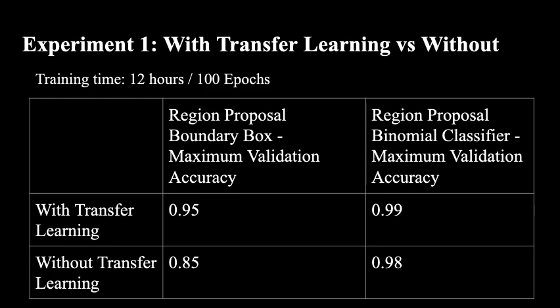Once our data was pre-processed, we had the option to use transfer learning. This means that the weights from a previously trained state-of-the-art model can be reused in our network. To test which was better, we trained with both options. Using transfer learning has significantly higher accuracy with predicted bounding boxes than without using transfer learning. The accuracy of the binomial classifier was very similar, and there was no significant difference. Due to this, we chose to continue with the pre-trained weights.